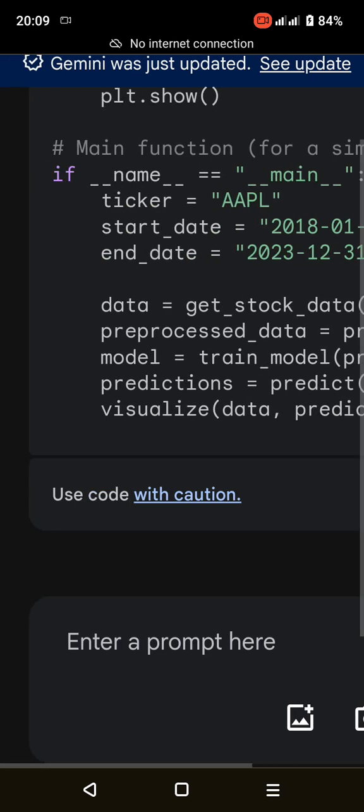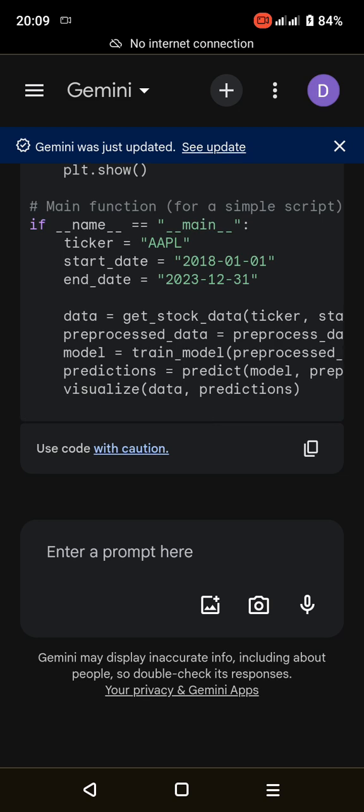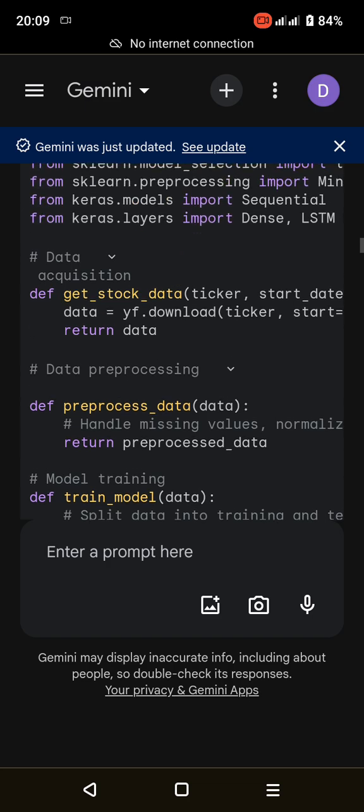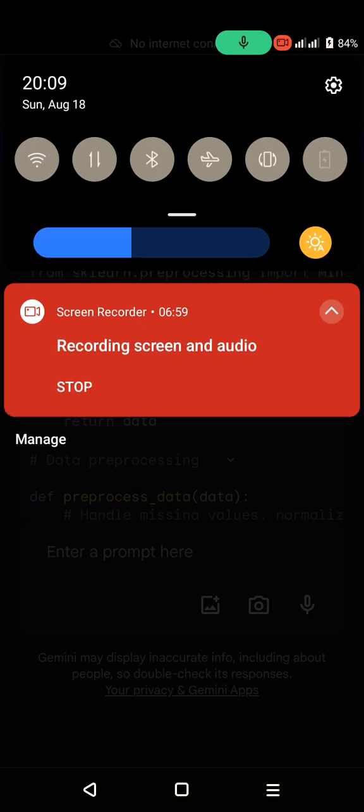Remember, this is a basic outline. The actual code would involve more complex logic, error handling, and potentially additional features. Would you like to delve deeper into a specific function or part